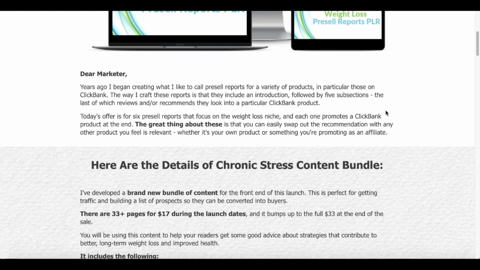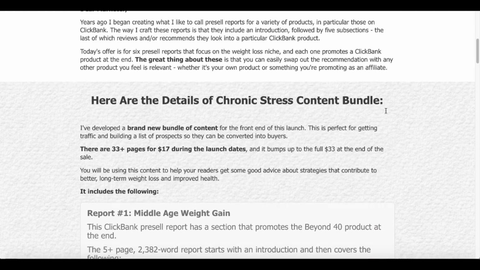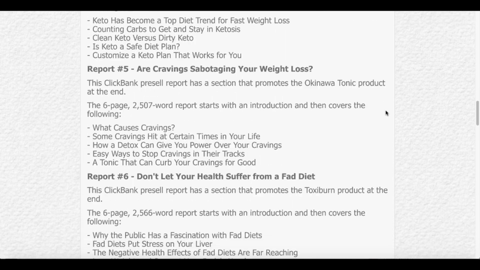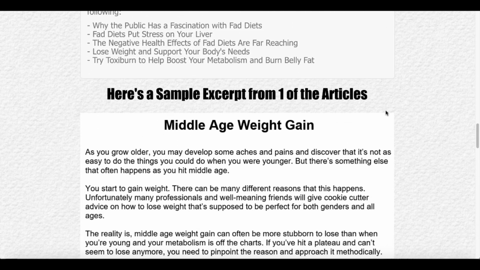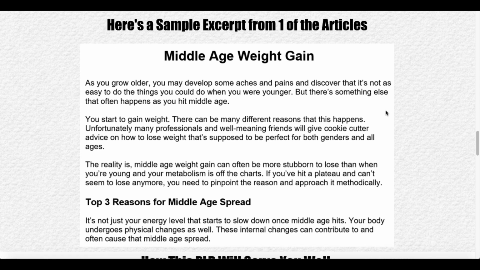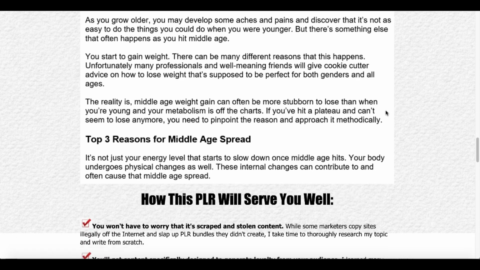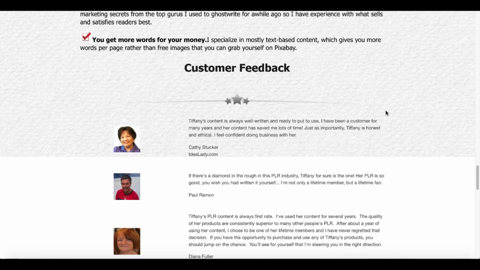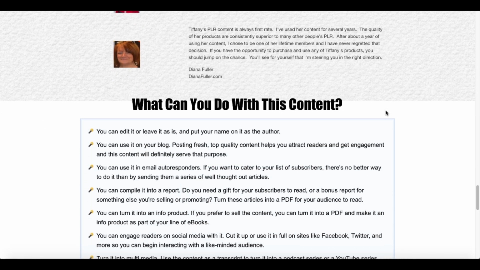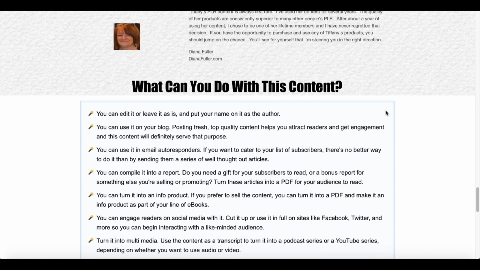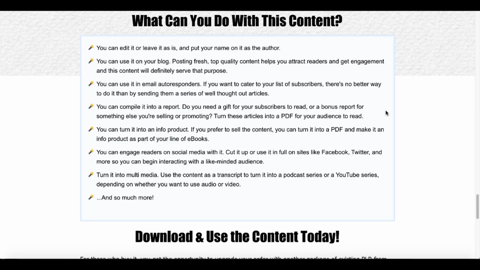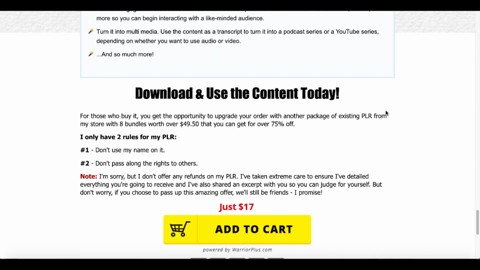You can read all the details, understand exactly what you're getting, but you're getting 6 reports that I just covered, and you're going to get all 6 of those reports, and you can see a sample here. I'm going to show you exactly what this looks like when you download it, because this is how you can use PLR or private label rights content to create the content that you need to make money fast, to make money quick, to make money easily. Once you understand how this works and understanding that you can download and use this content,